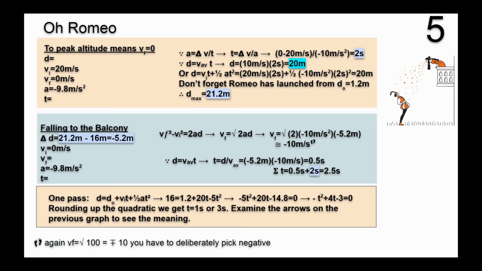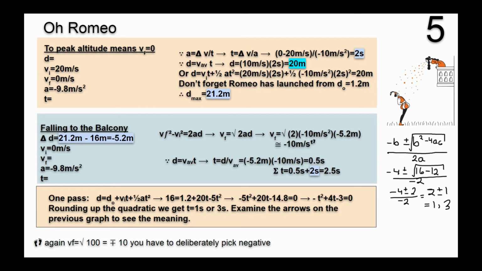If we try it in one pass, we would have to set up the equation saying the distance is equal to the starting distance plus the speed and the acceleration's effect on it. And we would get a quadratic that we could quickly reduce and get an answer of 1 second or 3 seconds. And it will deliver both answers to us